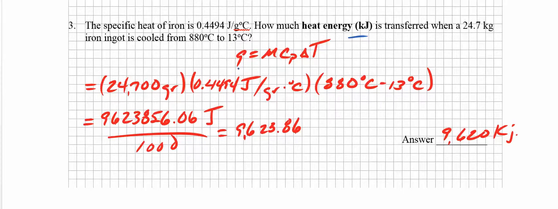Q, that's the amount of heat energy, is equal to m, that's mass, c, that's specific heat, times the change in temperature. Let's make sure we get the right numbers here. 24.7 kilograms is 24,700 grams. I multiplied it by 1,000. I have to remember to keep it in grams. Times the specific heat of not water, but this particular metal, this particular iron ingot. It's 0.4494 joules per gram per degree Celsius. The change in temperature was, we went from 880 to 13, so 880 minus 13, and we're going to multiply all that across. When we do that, we get this tremendous number here,